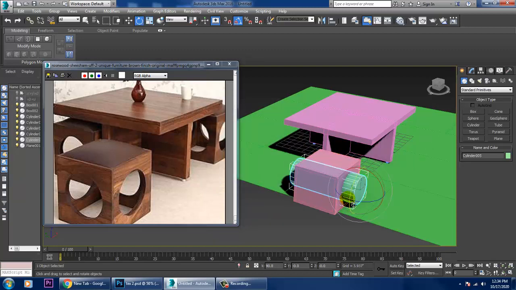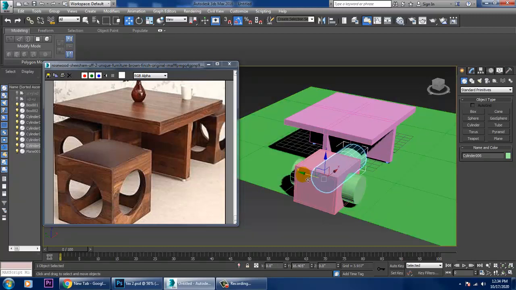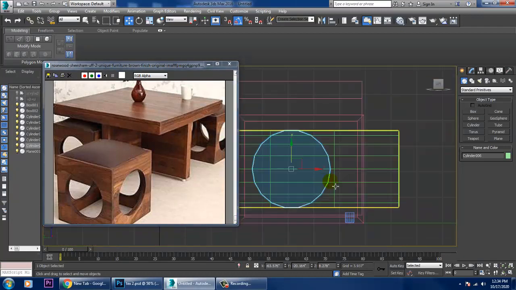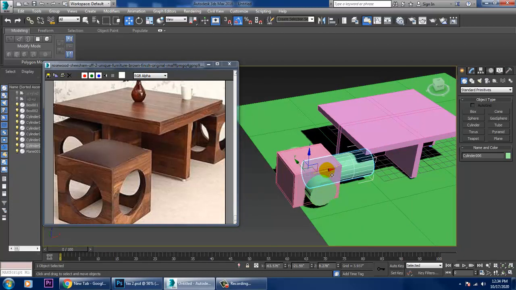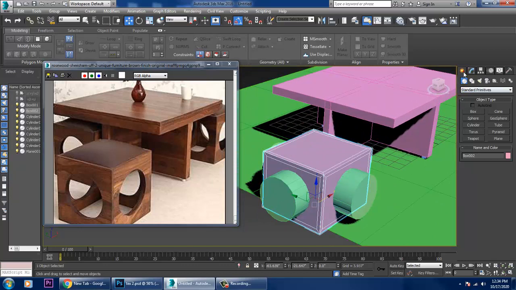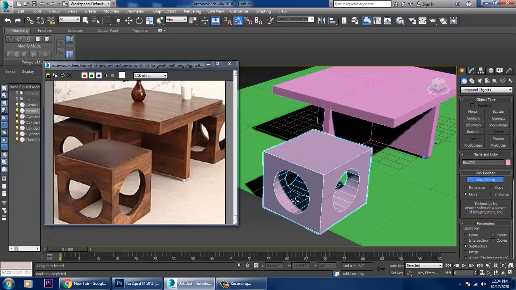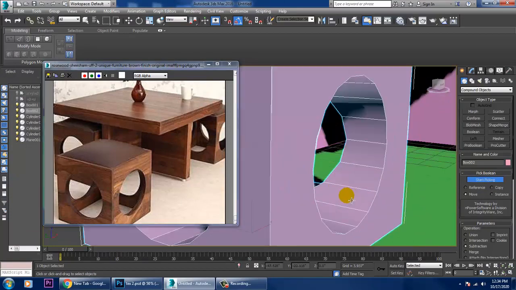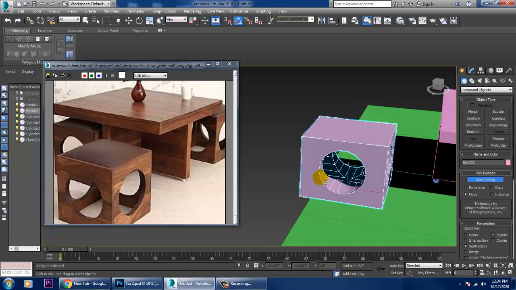Press shift and make a copy of it. Just pass it through this. So select this, go into compound objects, pro boolean, start picking. You can manage it in this way.